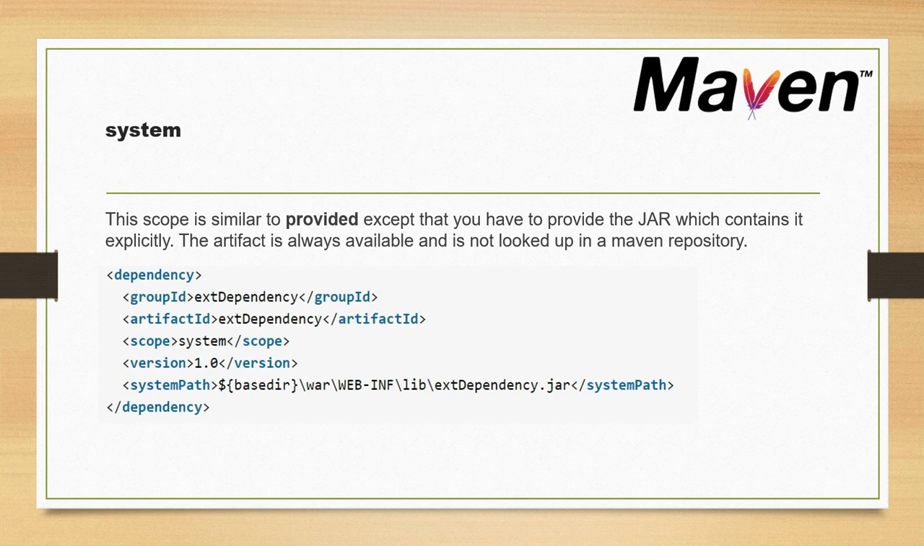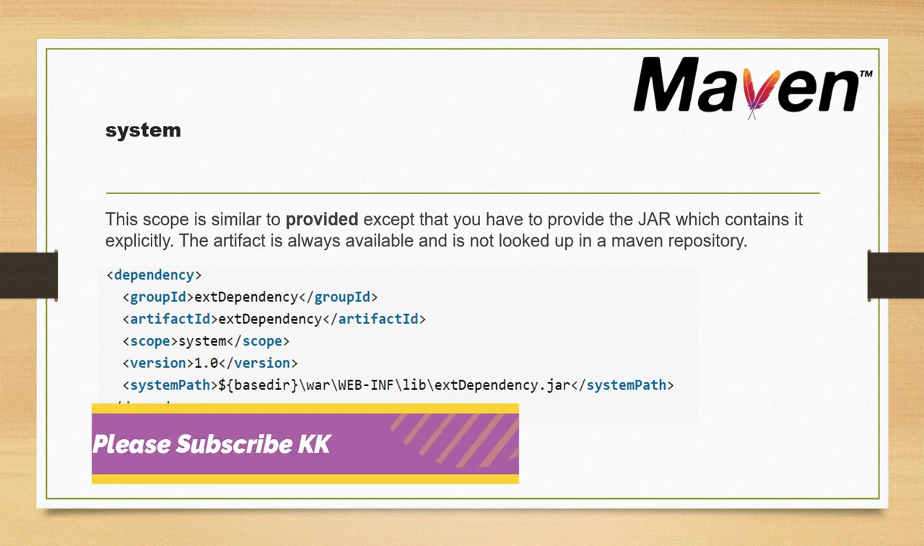Now the next scope is the system scope. This scope is very similar to provided, except that you have to provide the jar which contains it explicitly. The artifact is always available and not looked up in the Maven repository. So let's try to understand through an example. Let's say you have a